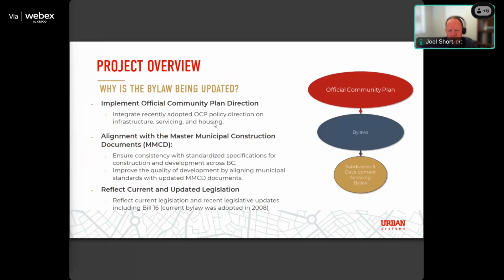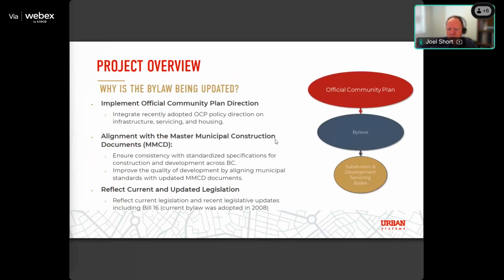It aligns with the master municipal construction documents, which are standardized specifications from across BC. That improves the quality of development by aligning with these standards. And it reflects current updated legislation. There's been some new legislation, including Bill 16, which provides some additional powers and creates some additional roles and responsibilities. So we're aligning this update with the official community plan, master municipal construction documents, and